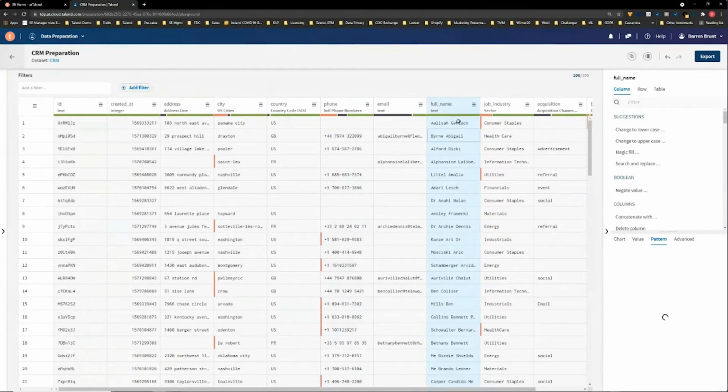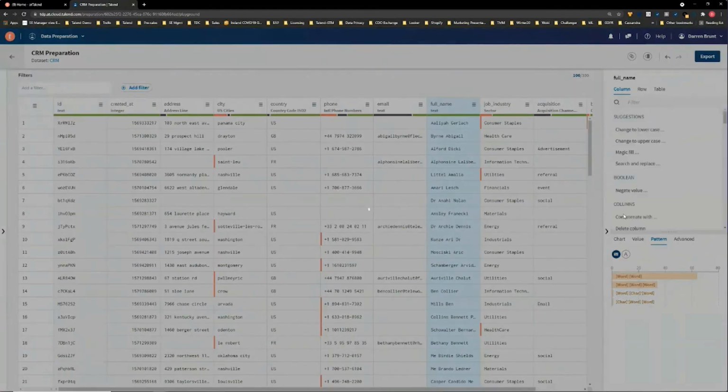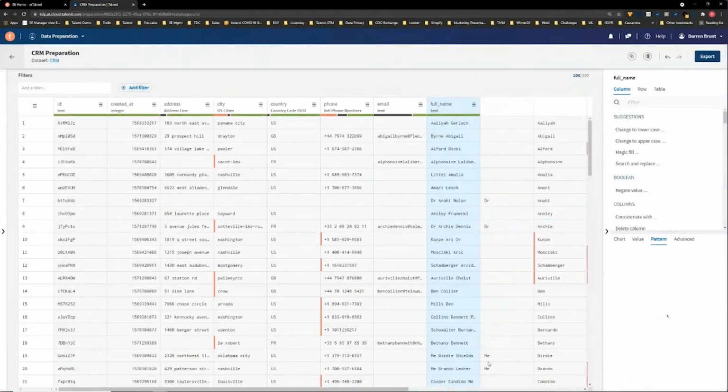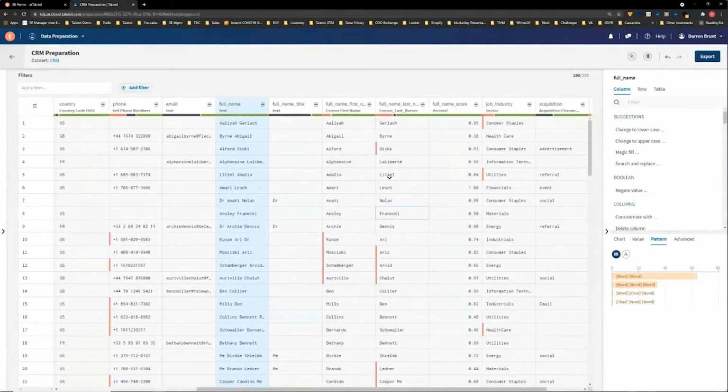Okay, so now that we've standardized the way we represent them, we now might want to start extracting aspects of the name to determine what we know about these individuals. So here I'm going to look at just the title, the first name, the last name, and the confidence that we've been able to extract those details. So here I'm actually creating a few new columns in the data set, but what I am managing to do here is separate out the forename and the surname and any title that we find. So I can now format this name space myself should I want to.